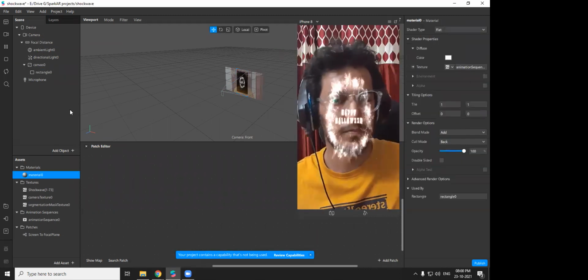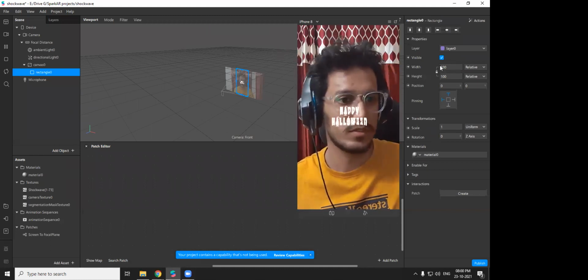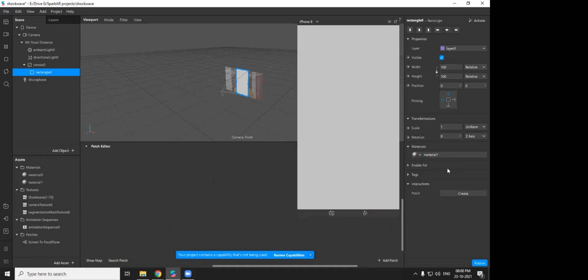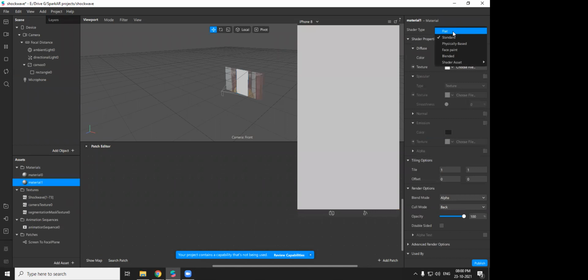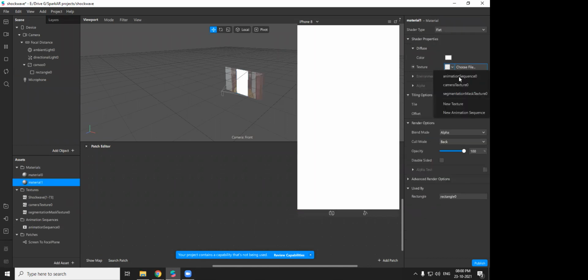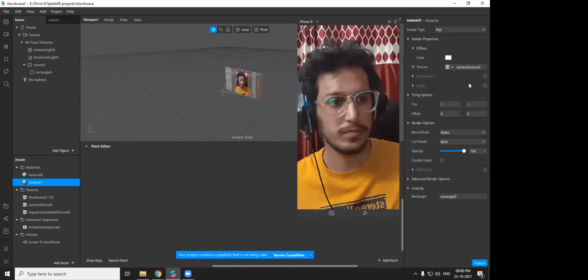Material, different material. Camera texture,